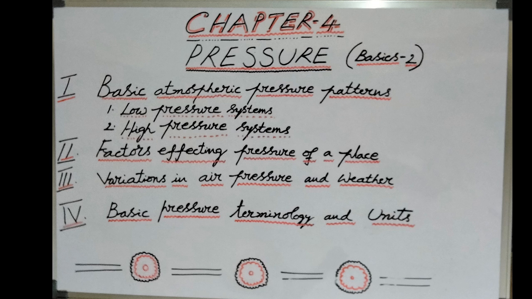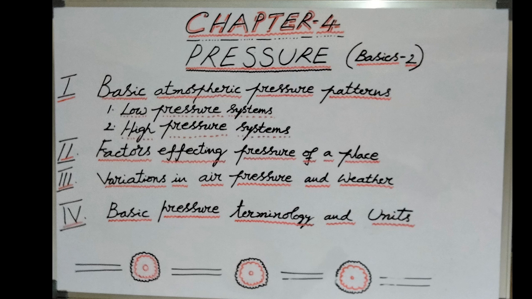Whenever rain is occurring, there is a low pressure. Whenever there is clear weather, there is a high pressure. A continuously rising air pressure is an indication of clear and stable weather. A steadily falling air pressure is an indication of cloudy and unstable weather. Based on this, you can take many day-to-day operations on the crops. When pressure is increasing, safely you can go for chemical spray. When pressure is slowly decreasing, stop, because it is going to be cloudy weather. This is how you can infer the variations in air pressure and weather.